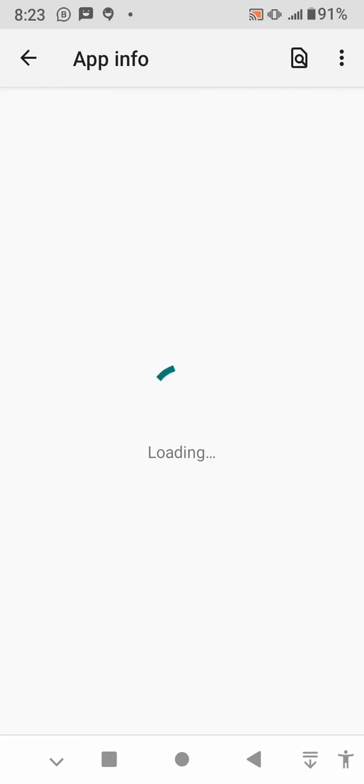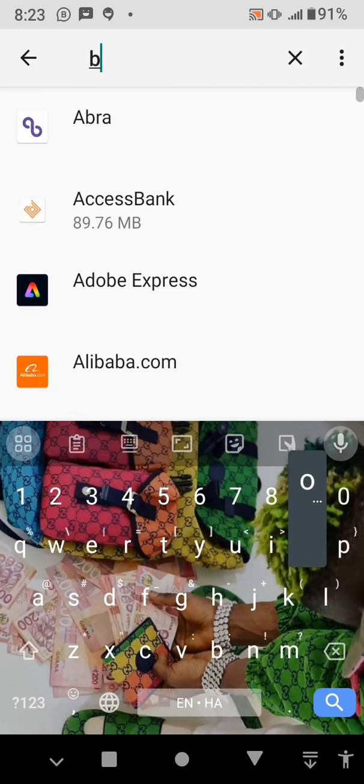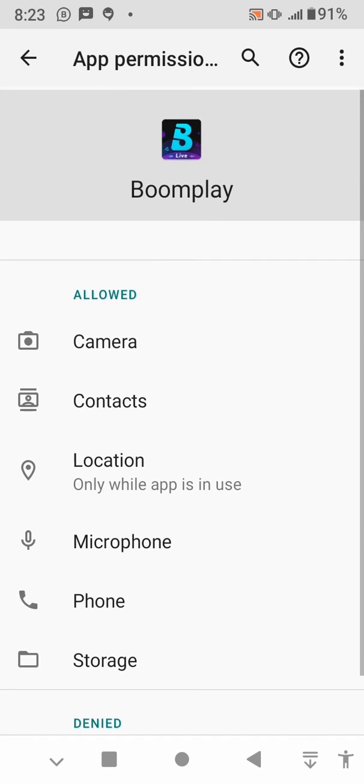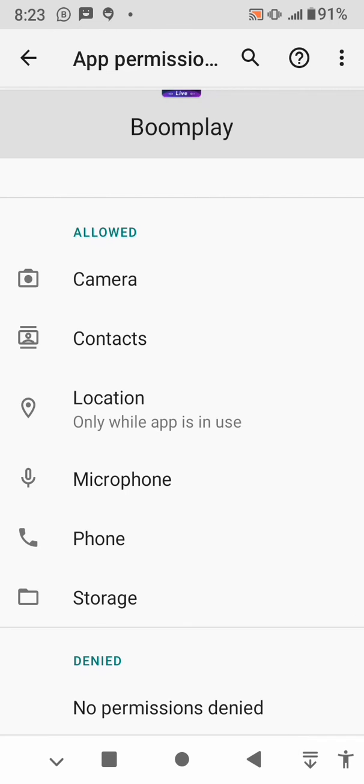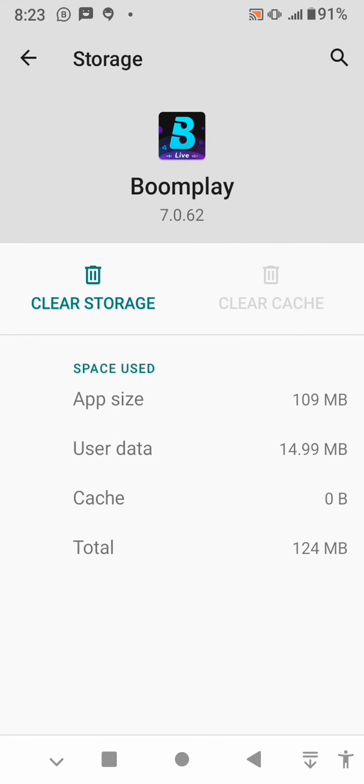And after loading, you're going to see all your apps listed alphabetically. Now what you have to do is to search for Boomplay. So tap on it to open it. Now tap on permissions and make sure every permission is allowed. Go back, tap on the force stop, then tap on OK, tap on storage and cache, then tap on clear